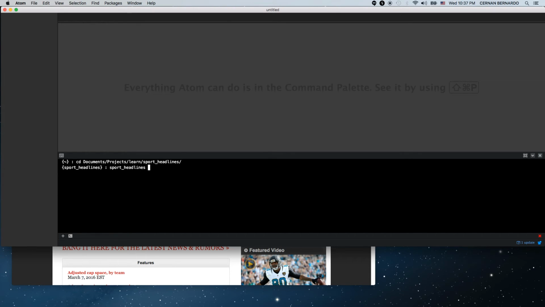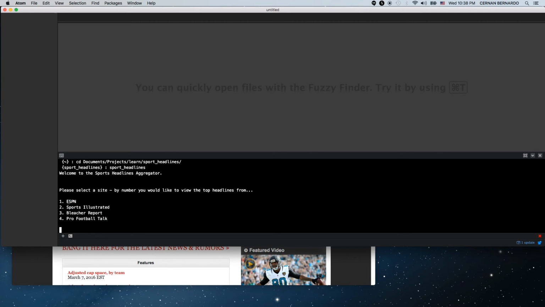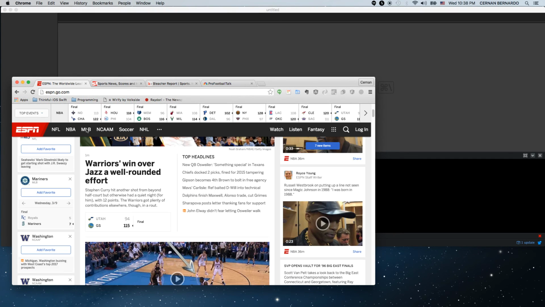Okay, so this is what I have so far. This is a sports headlines aggregator. And there are 4 different sites that I'm going to be scraping the top headlines from. So the user is going to select a site by the number you would like to view the top headlines from. So they type in 1 for ESPN. Then what will happen is the